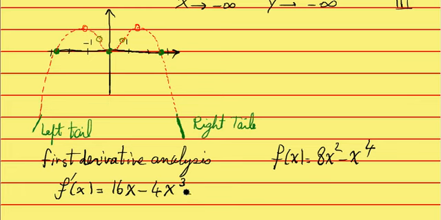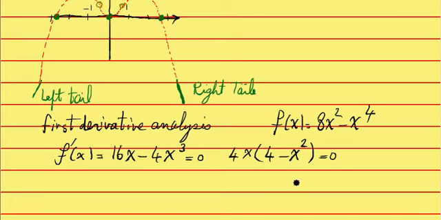I want to set this thing equal to 0, to find the locations where the derivative is 0. That's the only kind of critical points we have here. There's no point at which the derivative would not exist. So I set this thing equal to 0. I factor 4x, and that's going to give me 4 minus x squared. If you wish, factor this thing one more round. So f prime of x became 4x times 2 minus x times 2 plus x